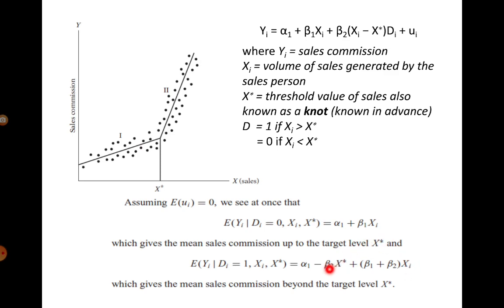Once again, whether there is a change in only the intercept or in the intercept as well as the slope or just the slope can be determined by testing the significance level of beta 2, which is the coefficient that appears along with the dummy variable. So in this case, if beta 2 is significant, both intercept and slope will be different, right? So these are just different uses of dummy variable